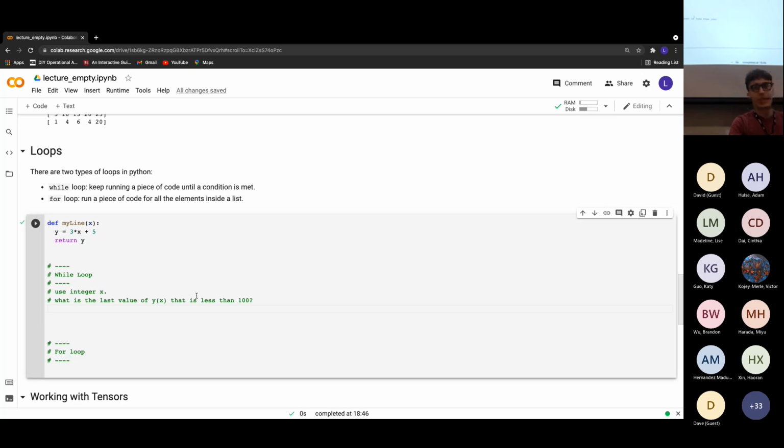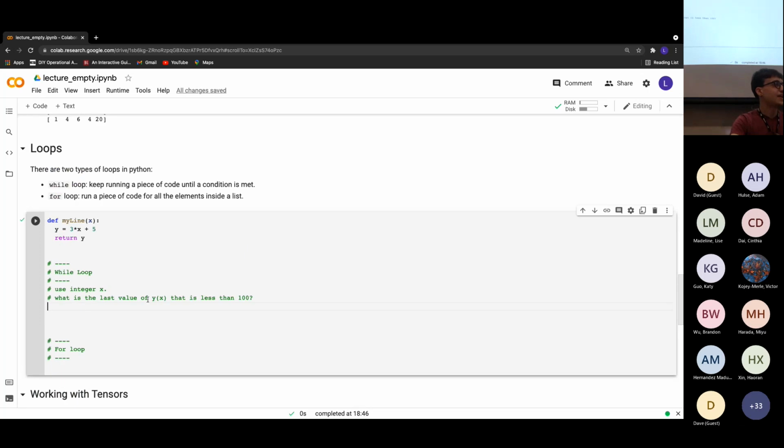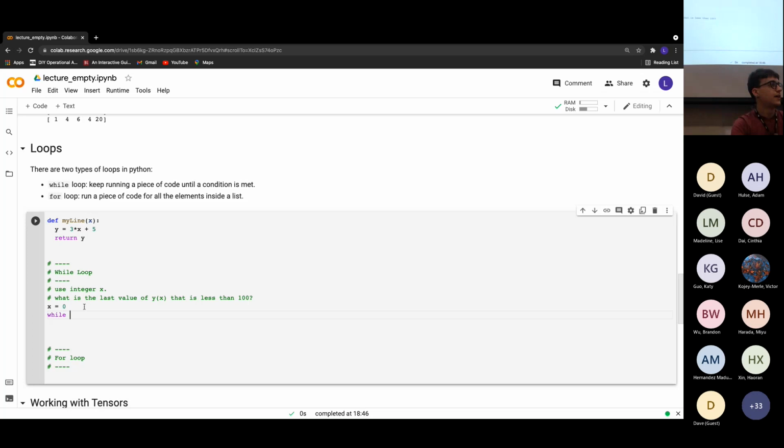Let's say we have our function here, and we just plug integer values into this function. Our question is, what's the value of the function that is just less than 100? Not 100, no more than that. One way we can do that is to start with a random guess. For instance, x is equal to 0. And then we write: while my line of x